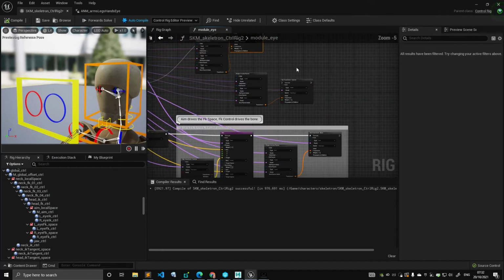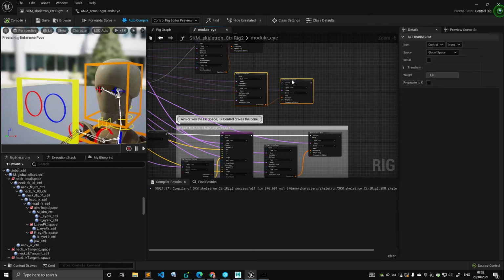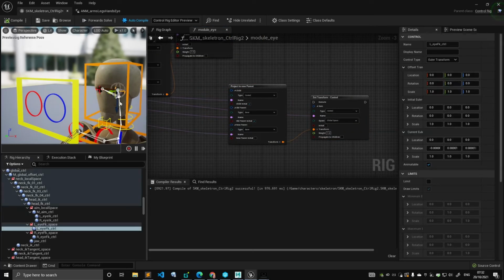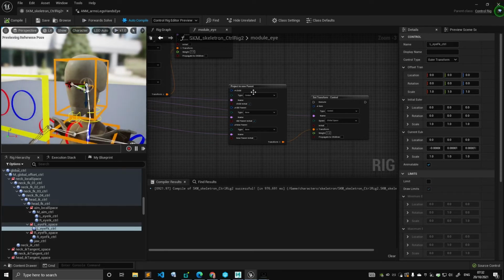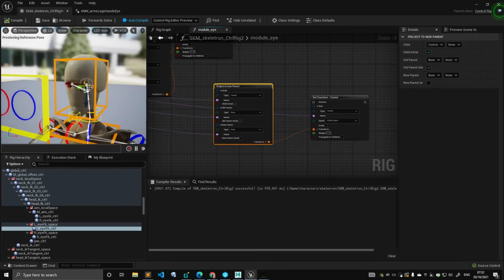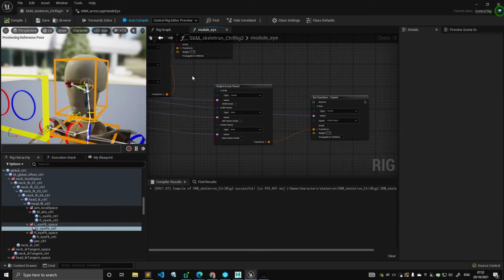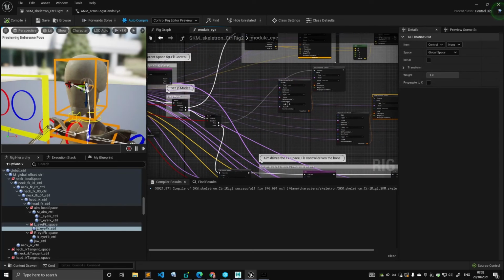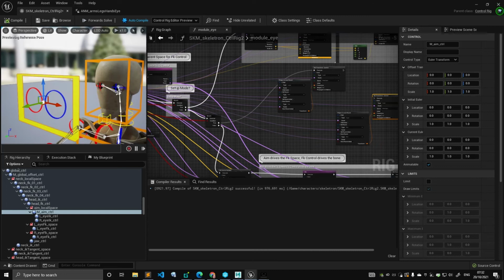So you can see that I was prepared to do all the others. And again, if you wanted to transfer the animation onto the FK instead, it would be a simple matter of doing project new parent from this bone to this control, or in this case, because the two things are aligned, you can also do a get and set a transform. But I've detached it just to explain that. How would you transfer the animation of these two joints onto this one? You can simply say, take the animation of this guy, so get transform on bone,